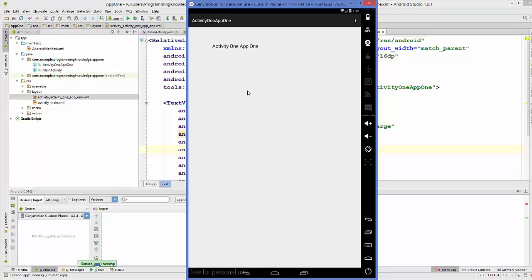So always remember, whenever you want to open an activity or component within the app, you use explicit intent. And whenever you want to open or access an activity or component from another app within your device, you can use